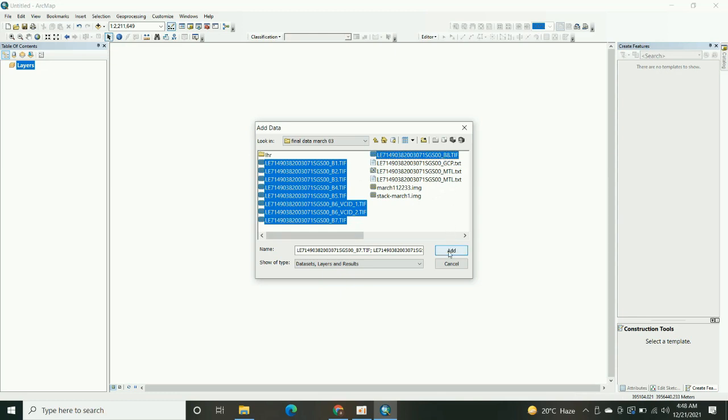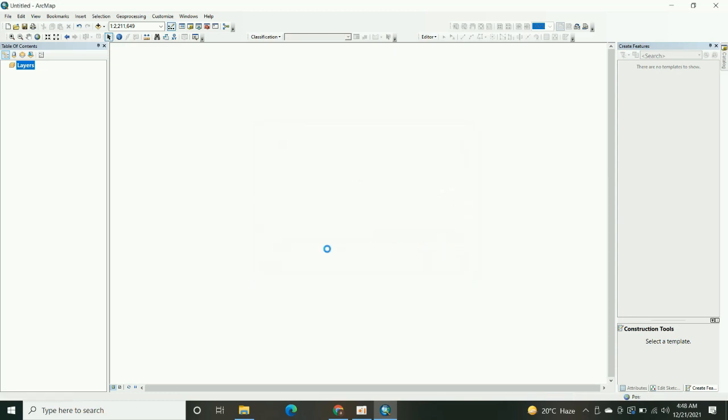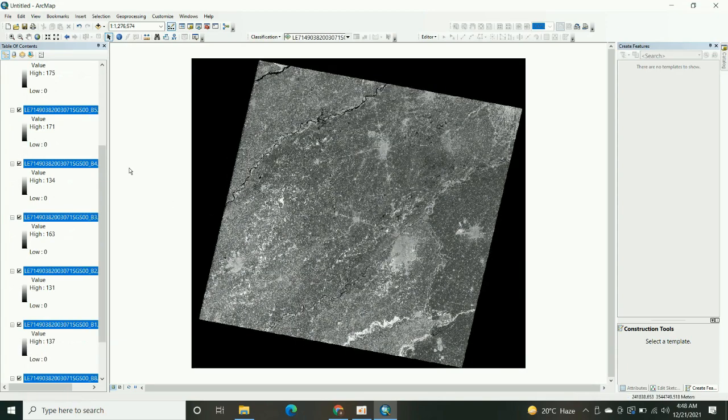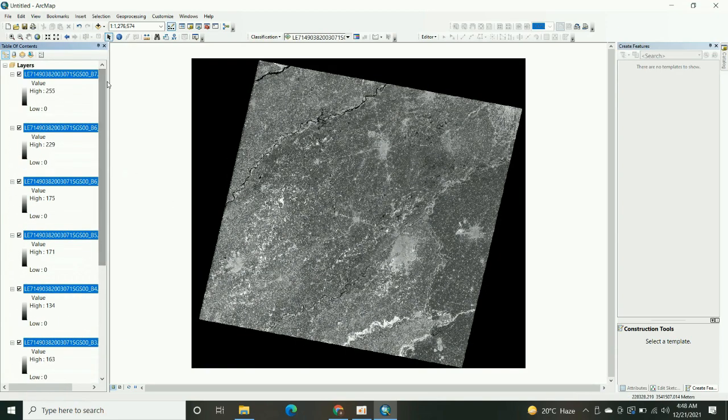You have to add all the bands from 1 to 8, and as we see, the imagery is loaded now.